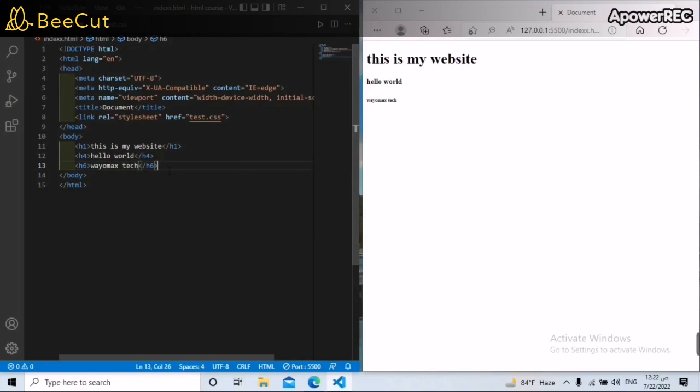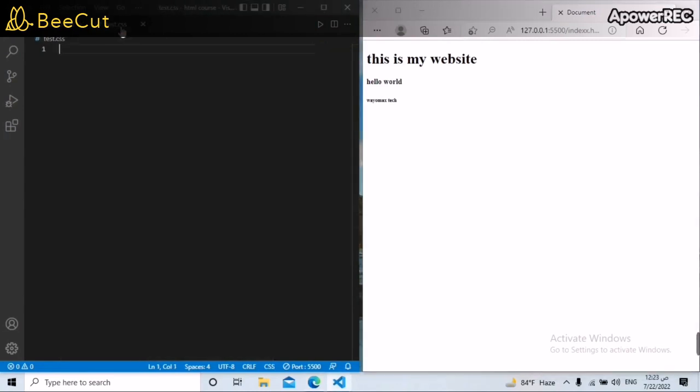And text to write is not a problem. And let's make changes on the hello world. Hello world is H4. We can give it the class to call it through it, and we can call it through the element name directly, and it's not a problem if we call it through the element name. For example, let's write our H4